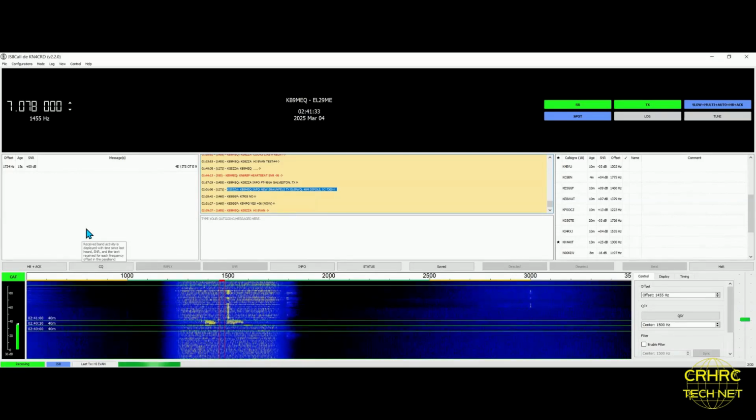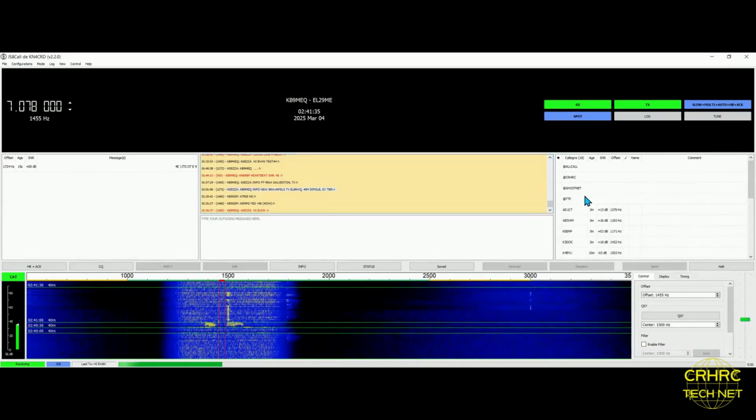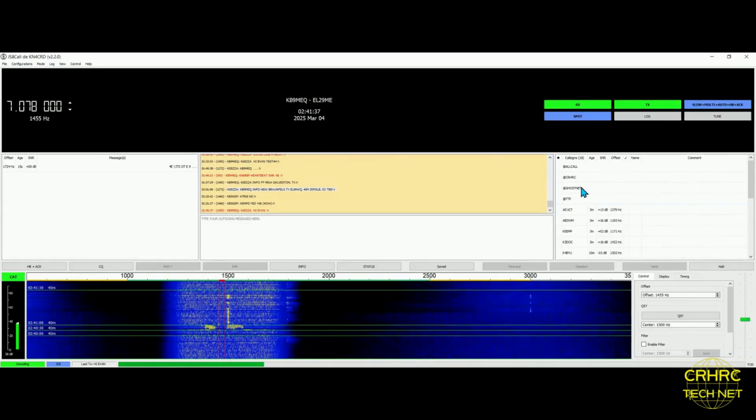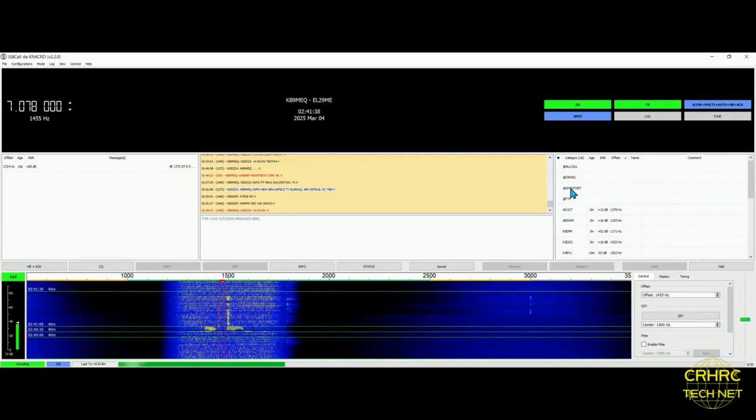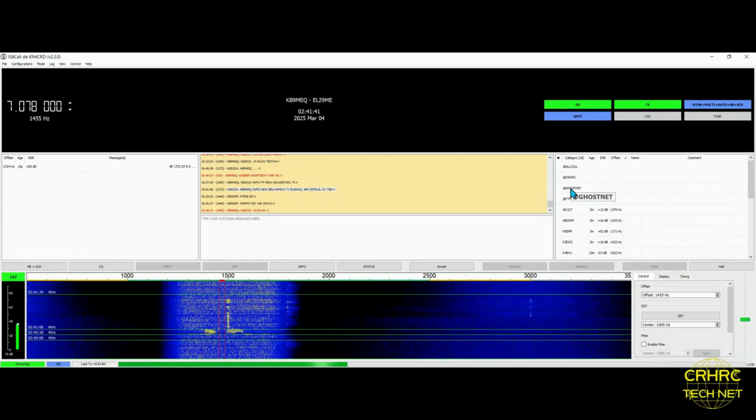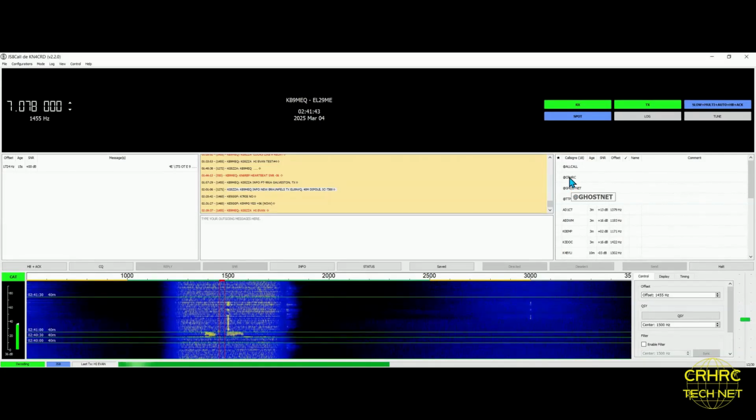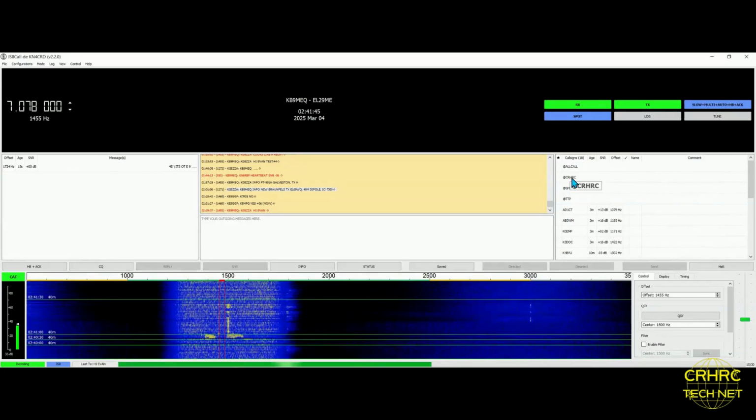And while we're waiting, one thing we've done is, I've got my @GhostNet here. So that's an all call for the GhostNet. We've also built out a CRHRC